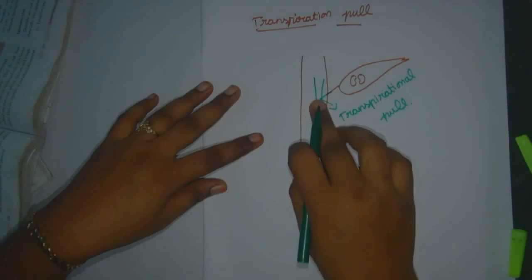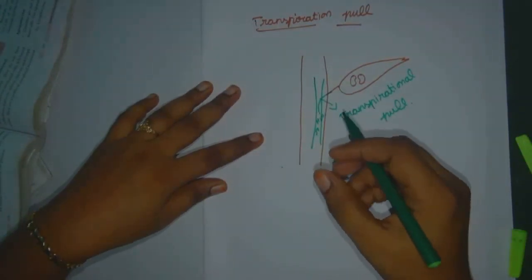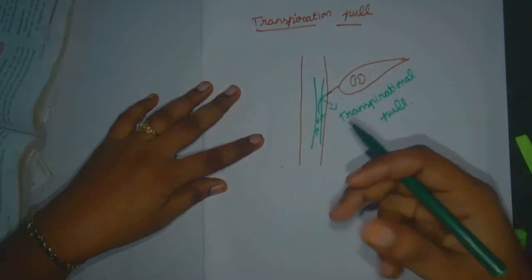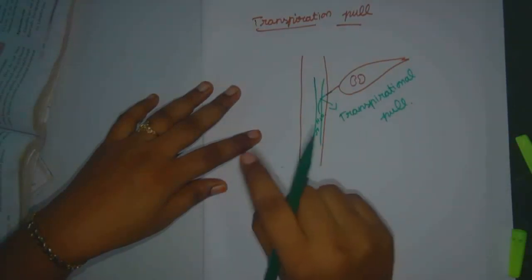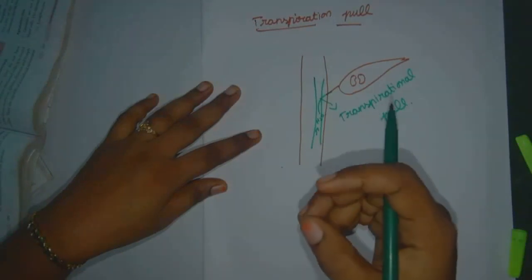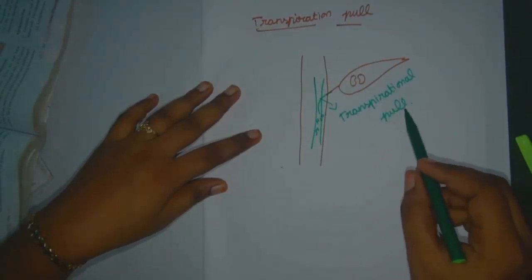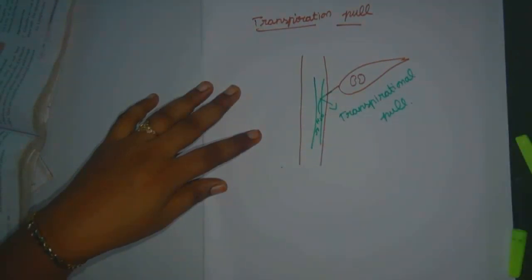It raises the water from the root part to the entire parts of the body. It raises water even to the height of a tall plant. For an example, a coconut tree absorbs water from the root and transports it to the entire parts of the plant body, even the tallest plant, right? This is due to the transpirational pull. So we have completed our topic of ascent of sap and its overview. Let me move on to the next topic.